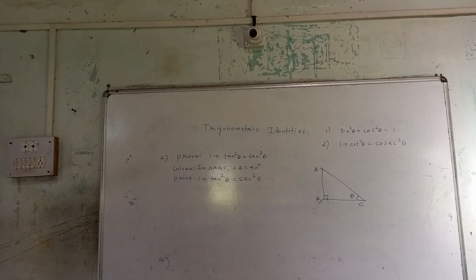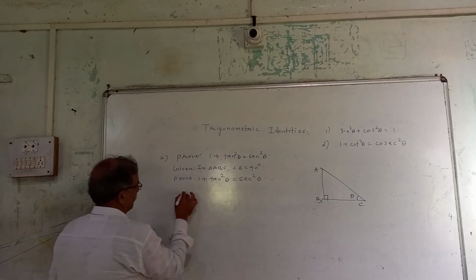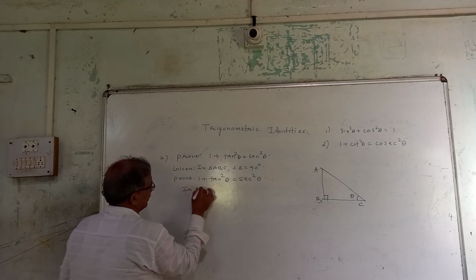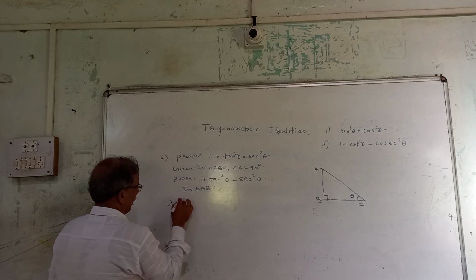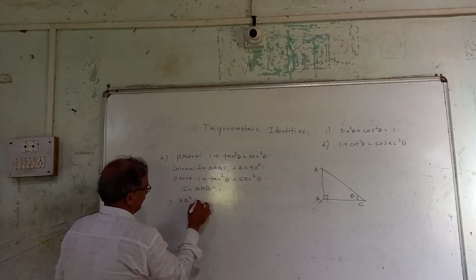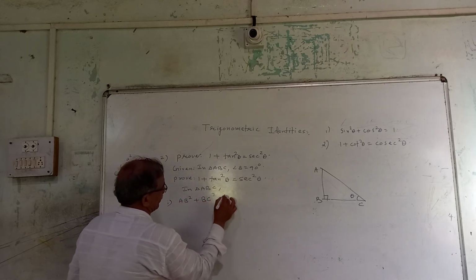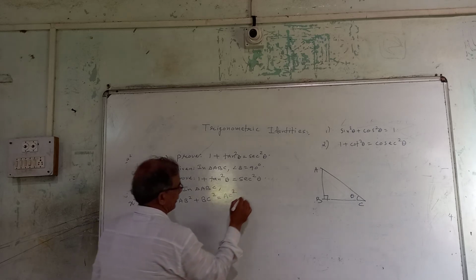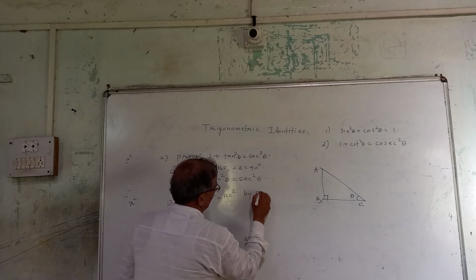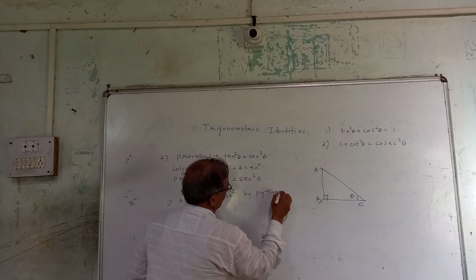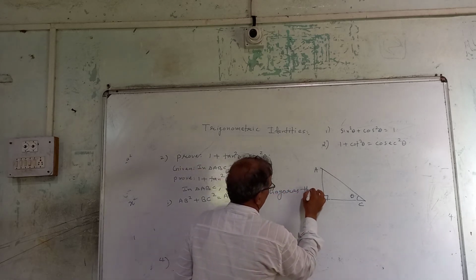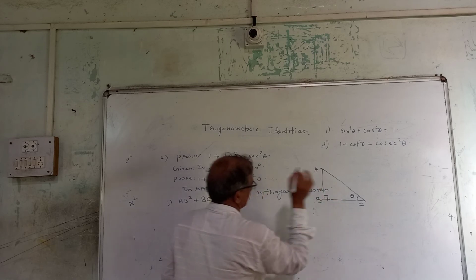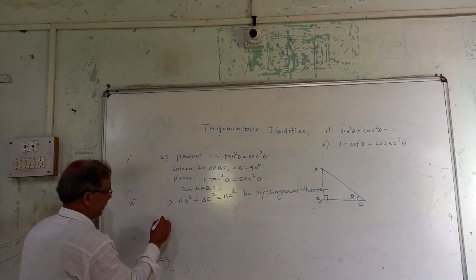So first, always we shall start with Pythagoras theorem. Okay. So in triangle ABC, AB square plus BC square is equal to AC square by Pythagoras theorem. You have to write this. Okay. 2